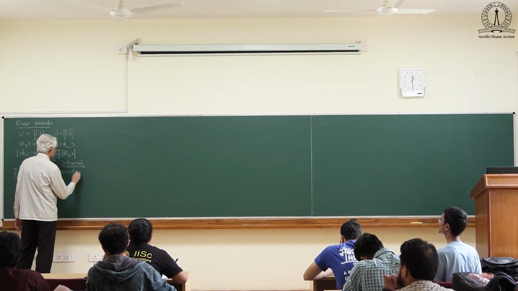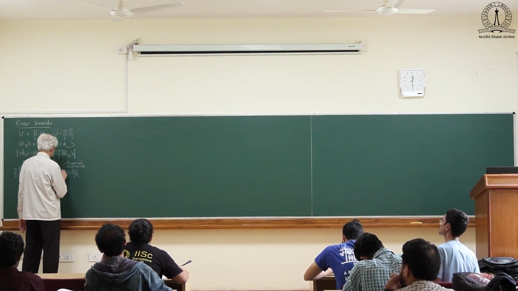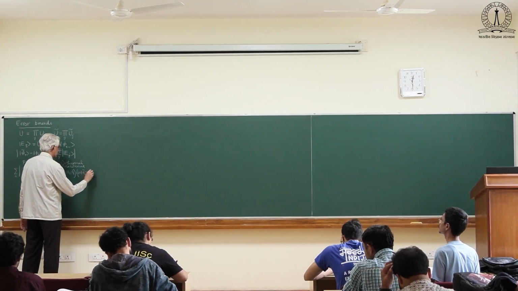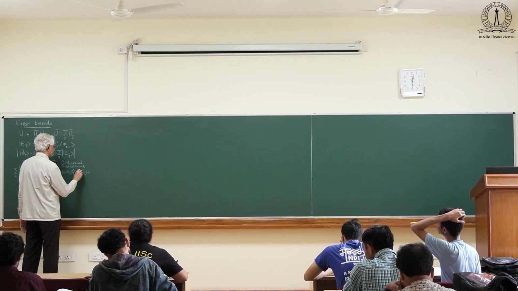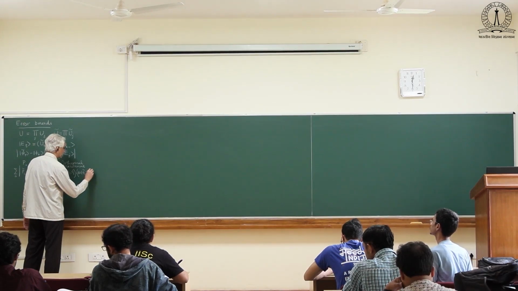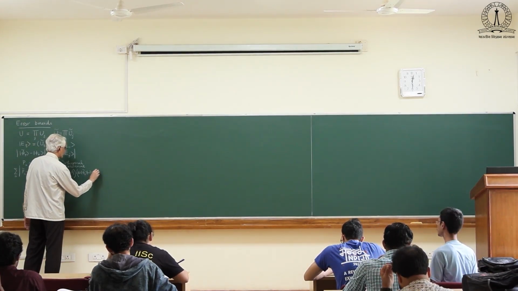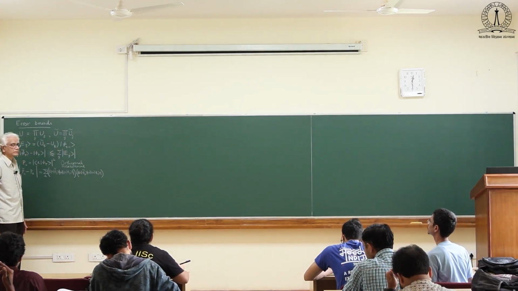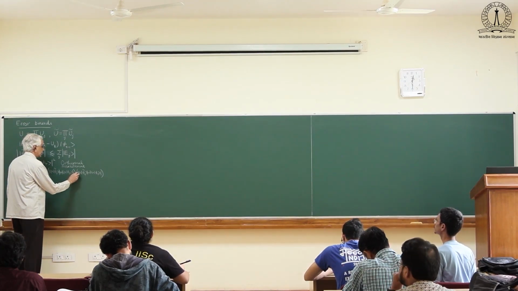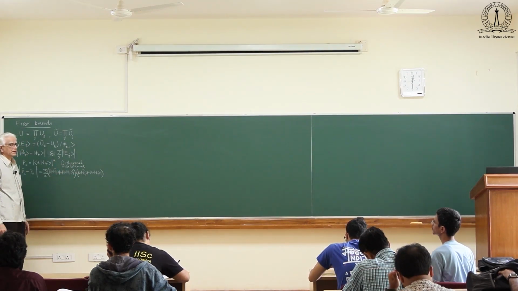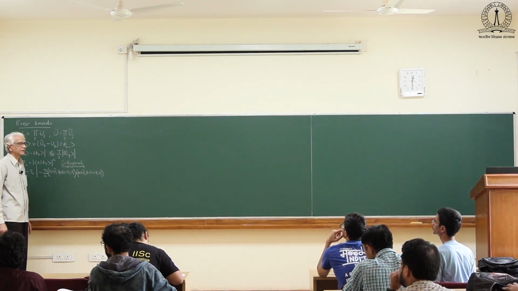So this is one factor, and the other factor will be the same with a minus sign. Okay. So now this is just a simple factorization of x squared minus y squared, giving you x plus y times